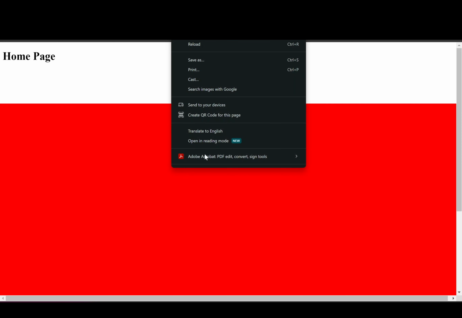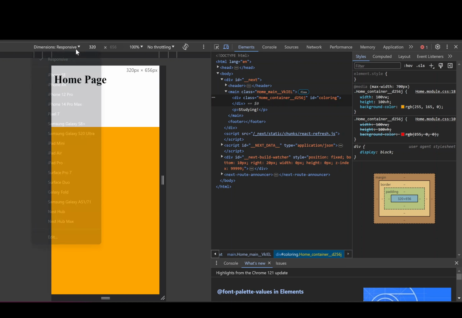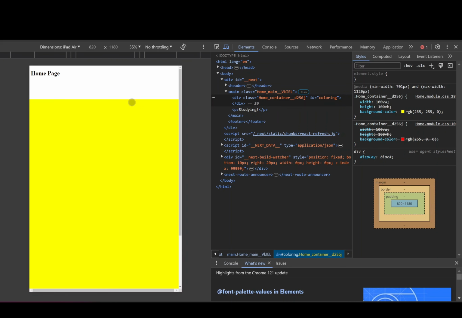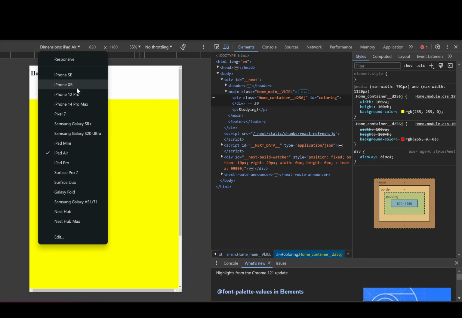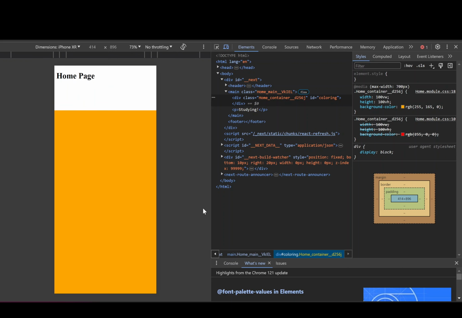Hi everyone, so we're going to be looking at how we can begin unit testing for different device sizes. For example, here I got desktop view, which is a red box, and if I inspect this, you can see we can get to iPad Air, tablet view, it's a yellow box, and then here iPhone XR, it's an orange box, and we're just going to be unit testing with Playwright